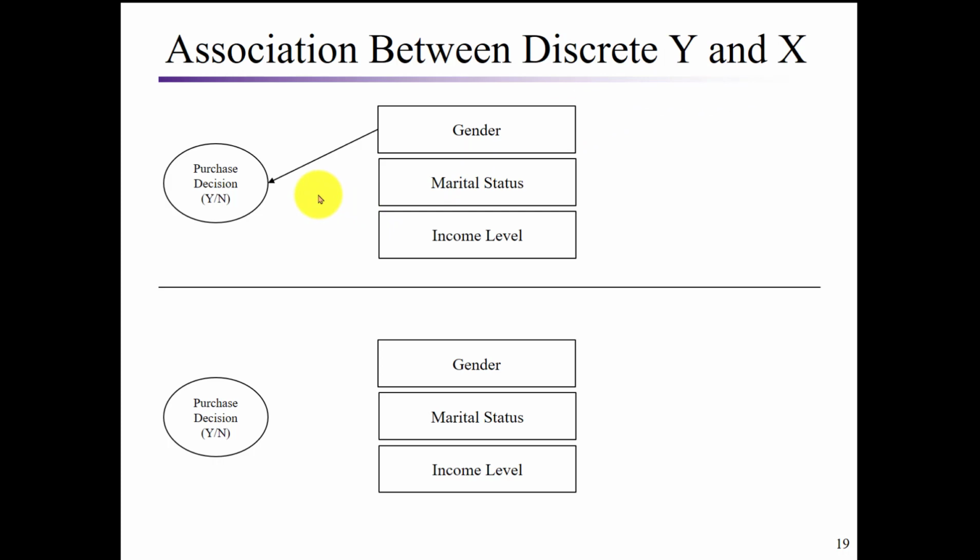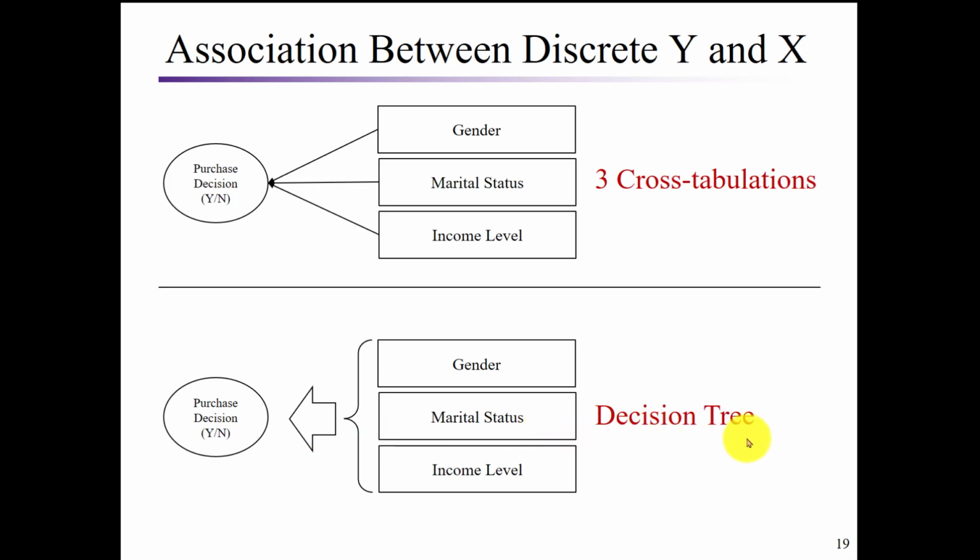If you are interested in the individual relationship between individual x and y, then we can do cross tabulations. But if we are interested in the relationship between all the x's and the y variable, then we can try decision tree. So in SPSS, I will show you how to create cross tabulations before I show you how to